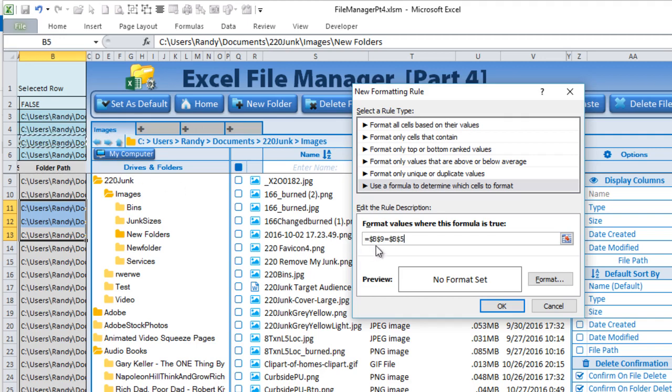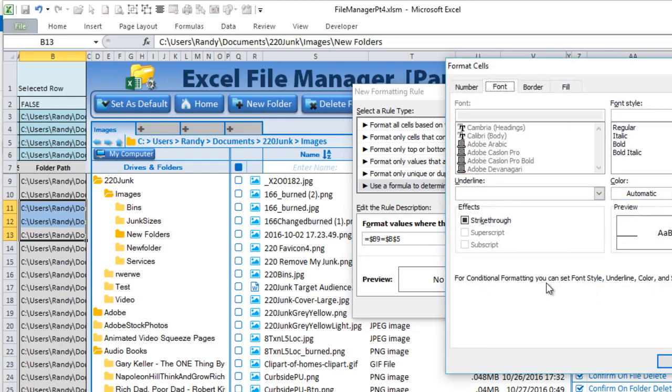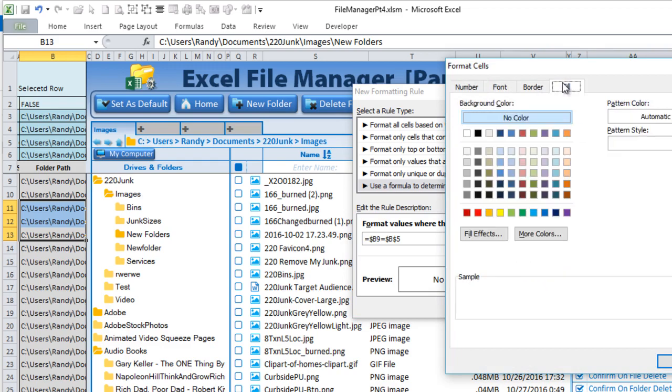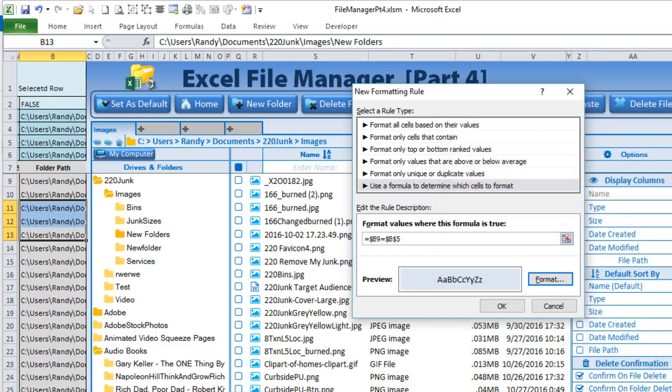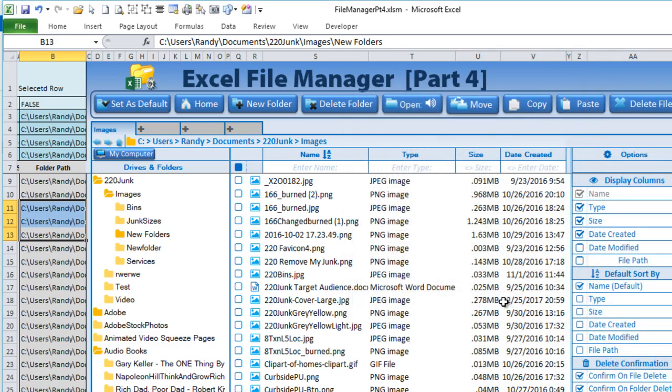However, we want to make sure that B9 covers every single row for the entire range. So we're going to remove the $ sign from before the 9. That's going to make the range dynamic, and it's not going to be fixed on that one row. So that's important. Let's go ahead and set a format. We'll give it a fill, and let's give it that blue, which is consistent with our theme. Now it's not going to work just yet, so we need to actually set the